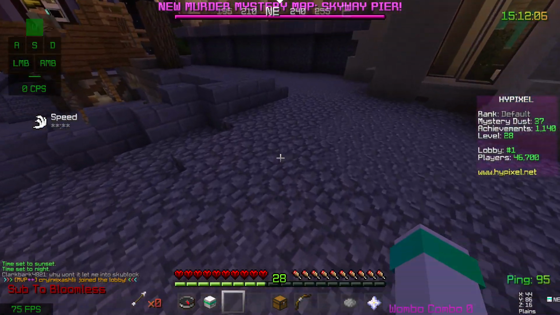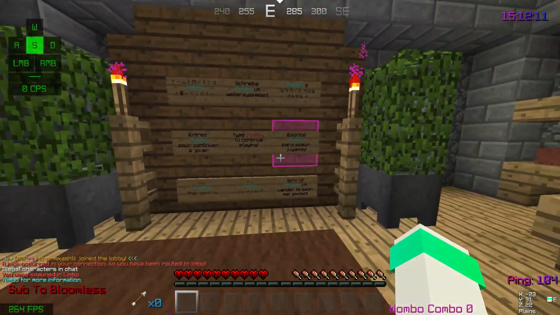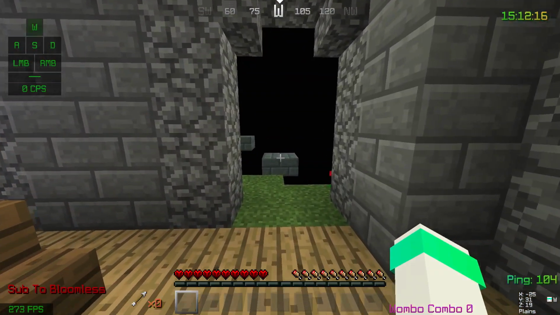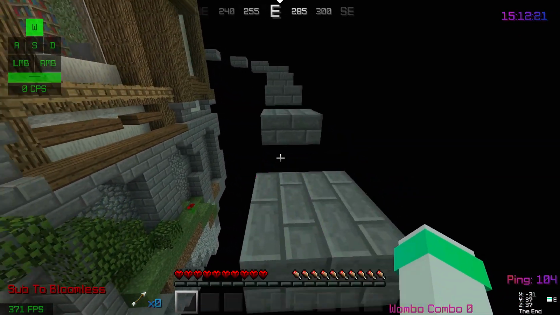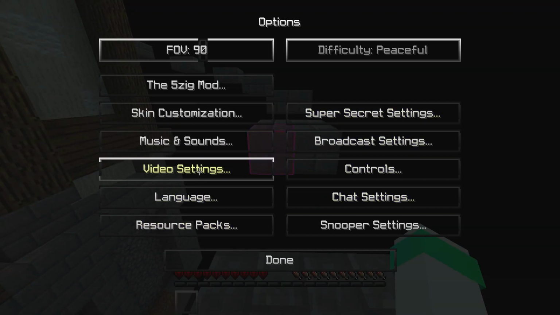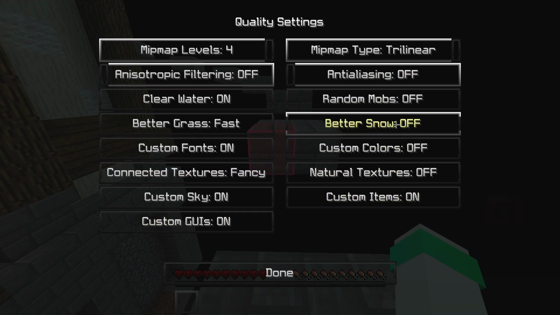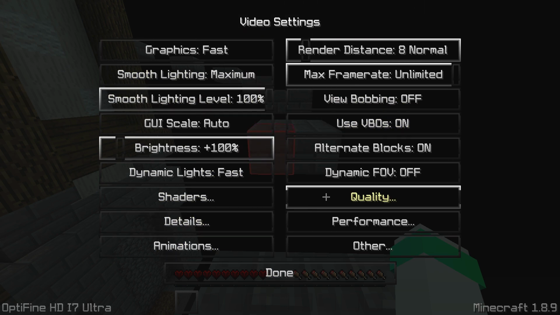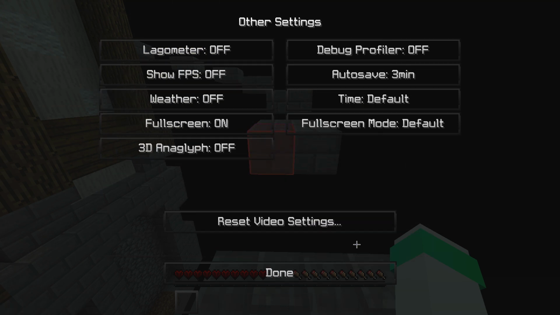Next up, we have the Skier FPS Limit mod. Basically, it's a better version of limiting your FPS than this version. Here, I'll show you guys. Video settings. It's better than, where is it? Alright, so if I can see it,